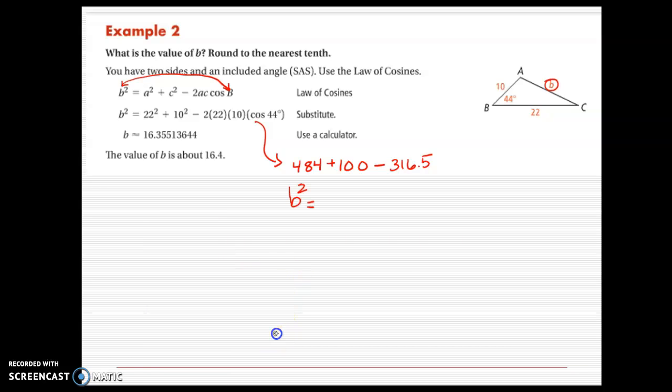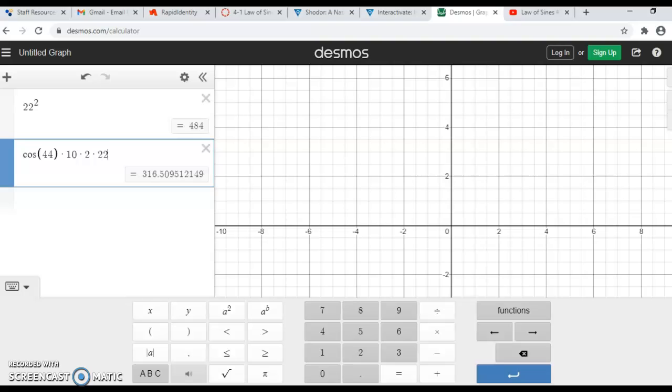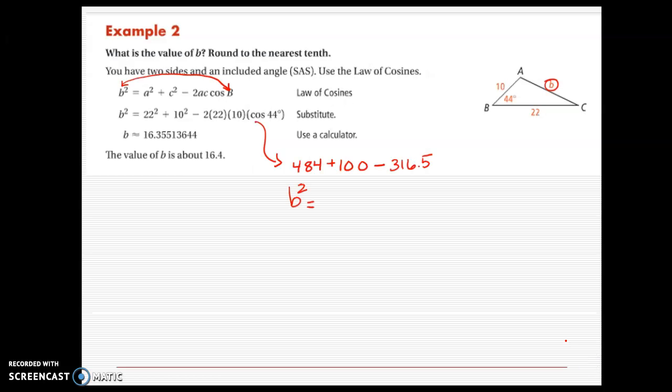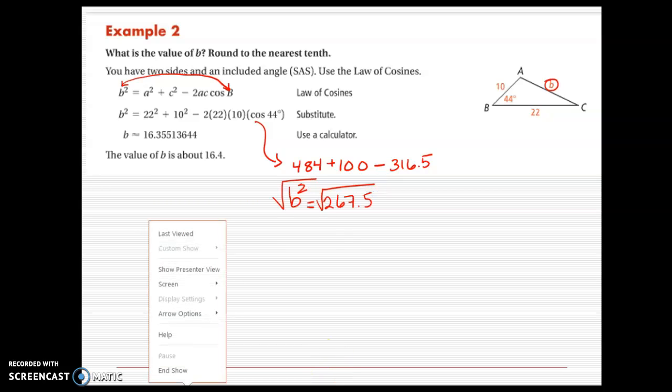okay, get my Desmos calculator back up. You've got 484 plus 100 minus that 316.5. Whoops. You don't want to do that. 267.5. That is what the answer equals right there. B squared is 267.5. So when you take a square root of that, both sides, to get your B,